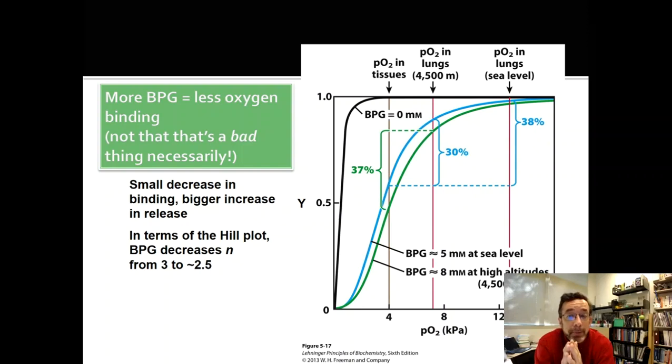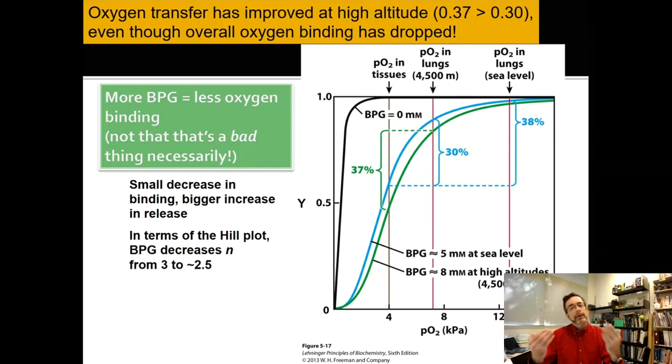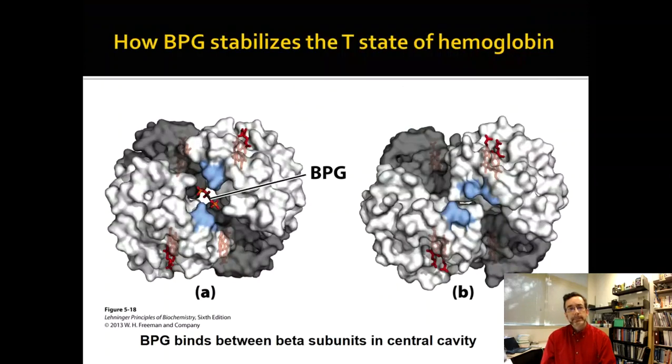Again, hard to describe with words. I want to give you the graph, and then on the test, I'm going to have you describe some aspect of this back to me with words. So you can't get away from the words, but you have to use words to show you understand the graph. This is what the foundations was leading to. So now I want you to finish the foundations and put this together with the homework, and this will allow you to explain why the curve shifts down but transport increases. Oxygen transport has improved back to about where it was before, 37%. Oxygen transport is the difference on the y-axis, not the absolute value.